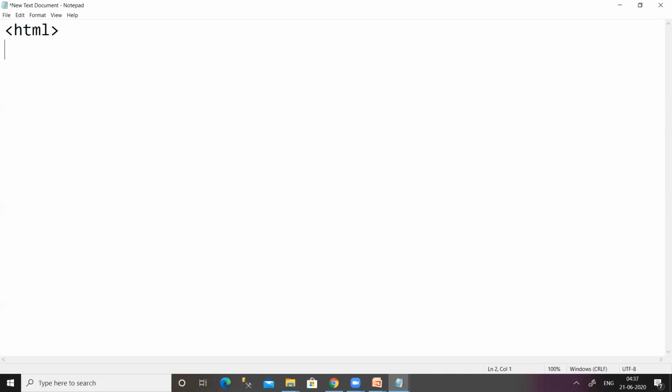We can use capital letters in place of small letters or small letters in place of capital letters. So there is no problem whether we use small letters or capital letters. So in this markup language, there are some tags. One of the main tags in HTML is the HTML tag, and under the HTML tag, since we want to deal with applets, we have one more tag called the body tag,